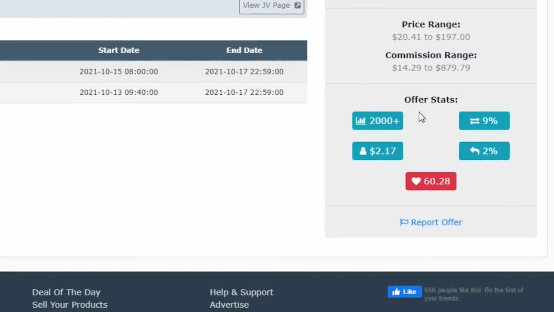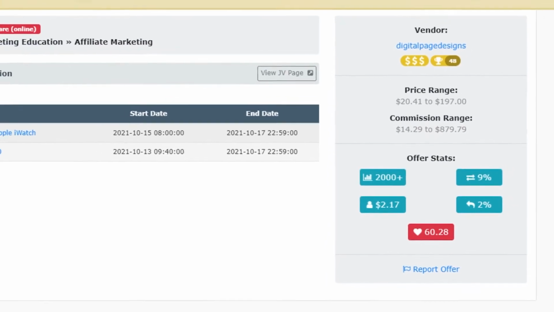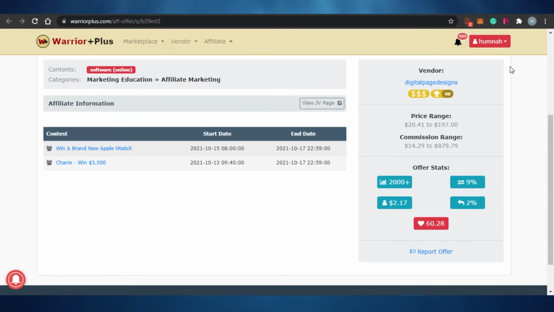Other offer stats are, for example, the sales are more than 20,000, the visitor value is $2, the conversion rate is 9%, which is pretty good, and the refund rate is 2%, and many people have liked the offer as well. So you get the information right here before you choose a product to do affiliate marketing for. You can check out the vendor, you can check out their sales page, you can check out their other products. So Warrior Plus allows you to do affiliate marketing with all of these different features that